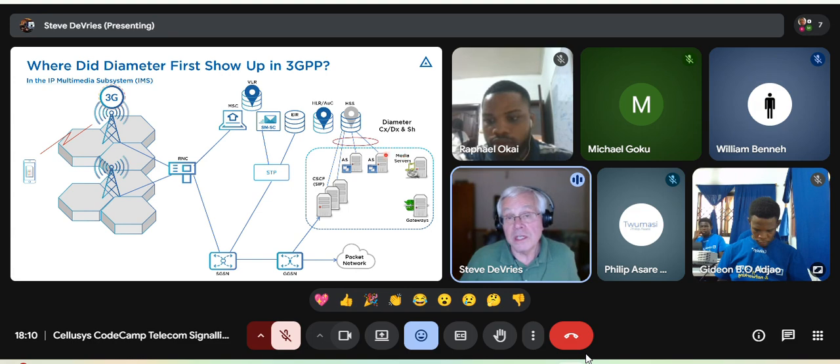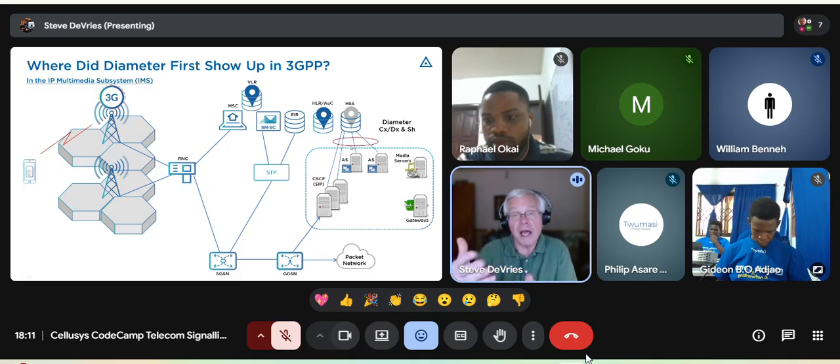Well, there are certain nodes inside this IP multimedia subsystem, this optional architecture. There are SIP servers in there, and what are known as application servers. These communicate with the home subscriber server, and that uses Diameter. This interface here is called the Sh interface. These interfaces here are called the Cx. So that's the first time Diameter showed up in 3GPP in mobile networks, when they introduced the IP multimedia